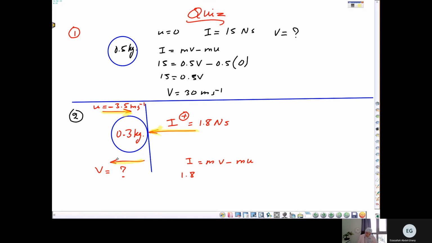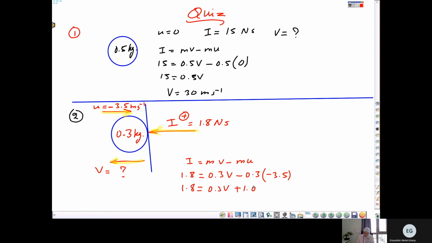So the velocity of rebounding is in the same direction as the impulse, so it will be positive. 1.8 equals m, which is 0.3, times v, which we don't know, minus the same 0.3 times initial velocity, which is negative 3.5. Minus times minus equals plus, so 0.3 times 3.5, and 1.8 is equal to 0.3 v